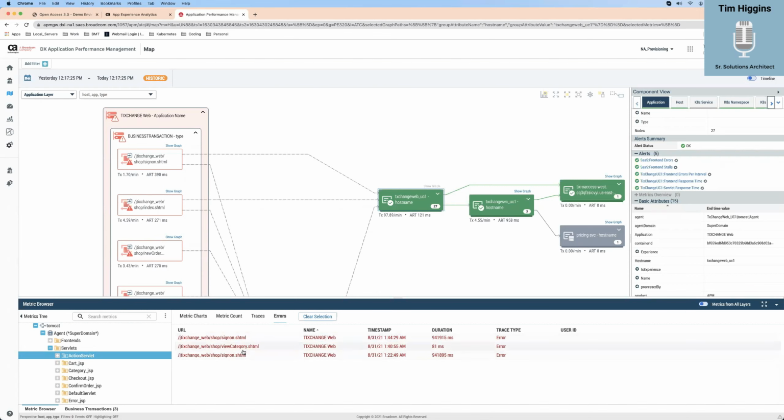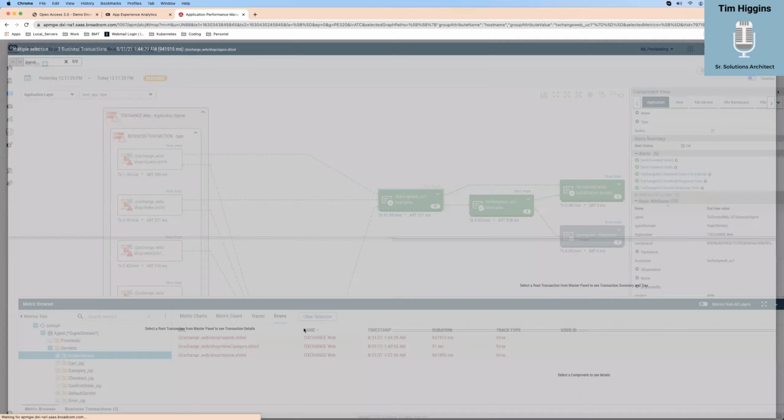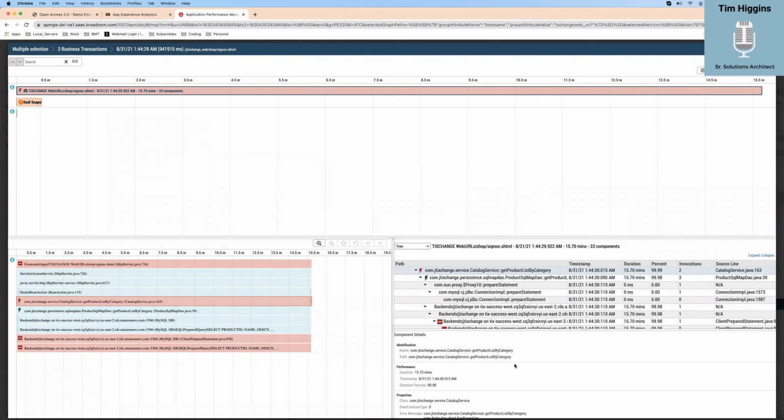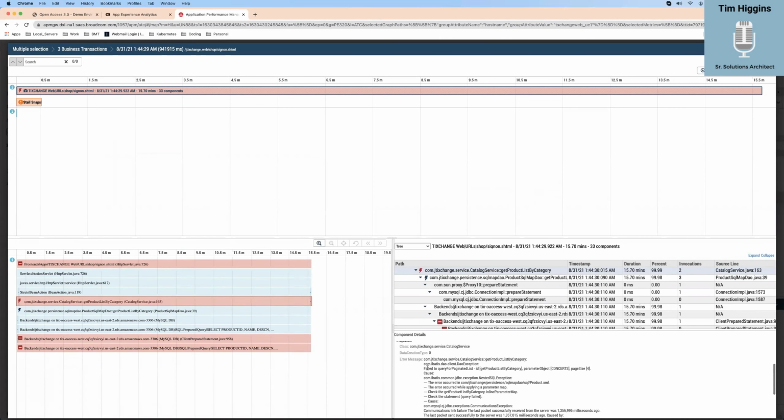So if I click on one, let's just try to pick a problem child. This one seems to happen more than once. And if I click on it, notice it takes me to the upside down birthday cake, and I can actually see the errors this time. So this is the product list by category. I kind of ran all that together, and I can actually see the error message.